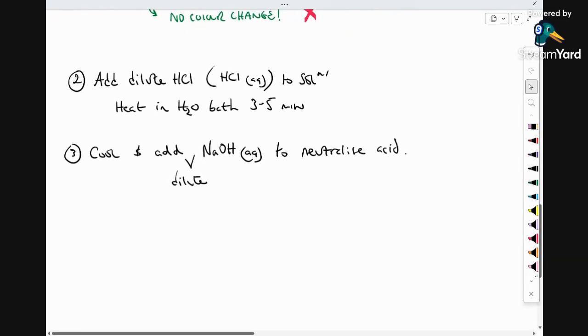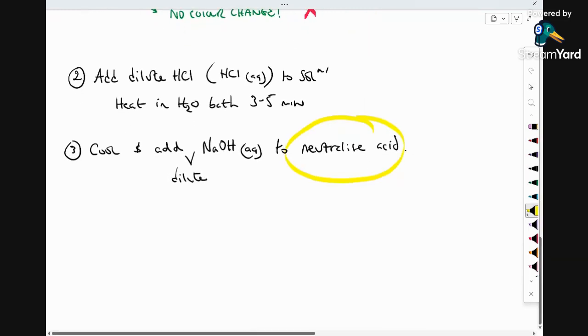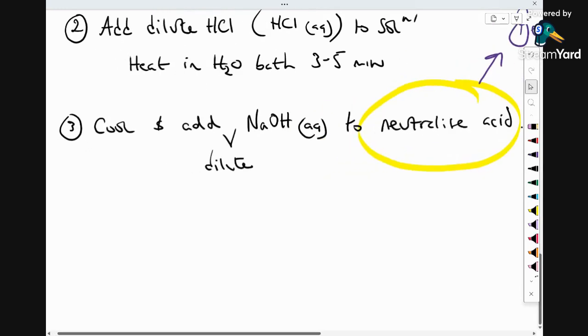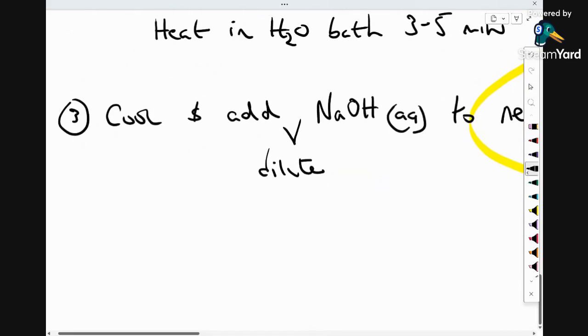And we need to do that. We need to neutralize the acid because Benedict's does not work in acidic conditions. So once we've done that,